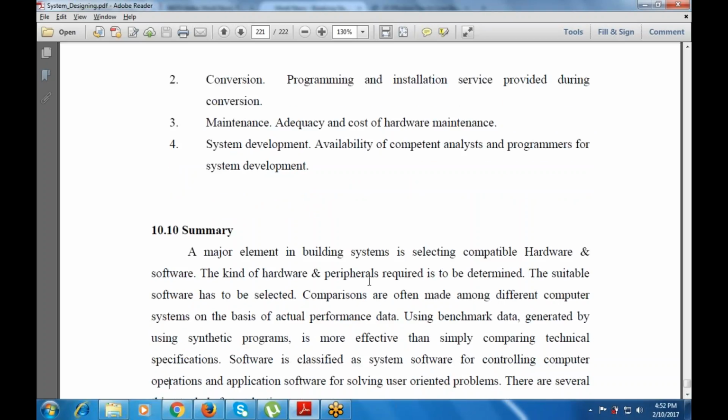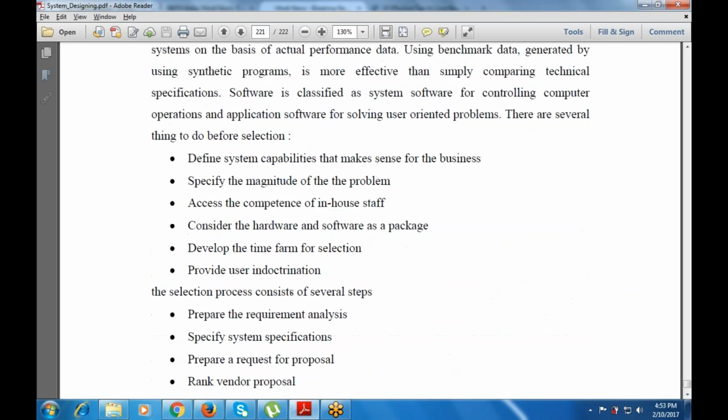Now, this is a summary that says what are the major elements of building a system, that is, selecting the compatible system, how it is used, and what are the various peripheral requirements to be determined. Then the software is to be selected, and the comparison is to be made on the selection criteria that is very effective rather than simply the